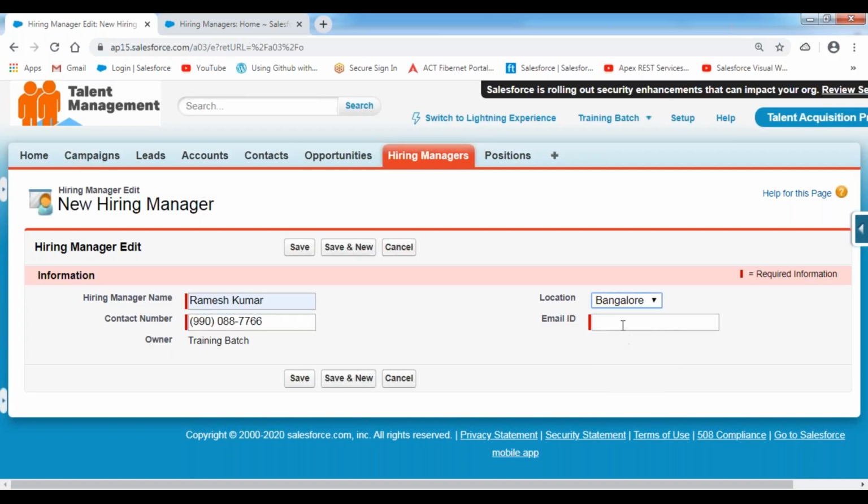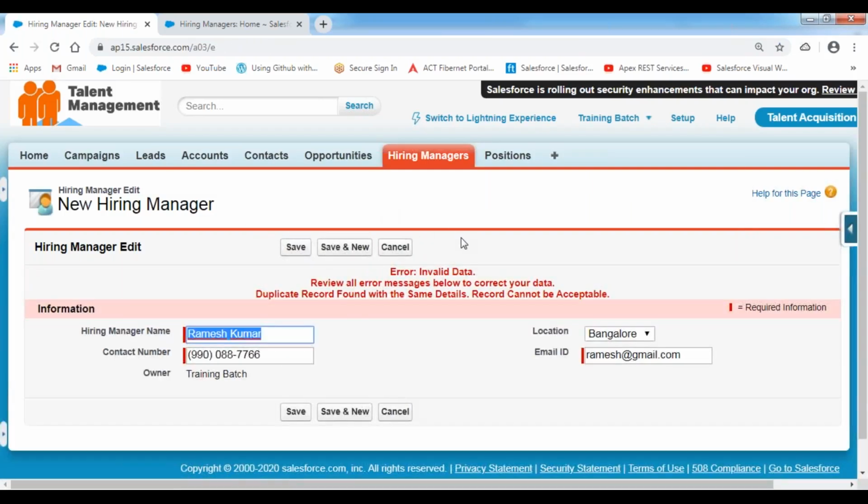Location value is Bangalore. Email ID is Ramesh@somegmail.com. Once you click on the save button,